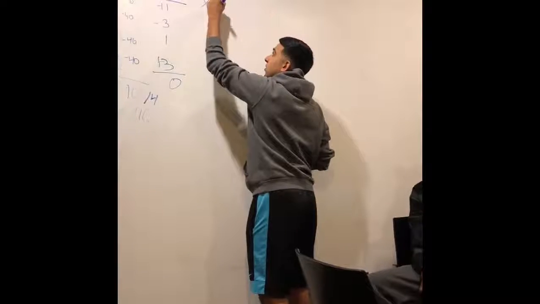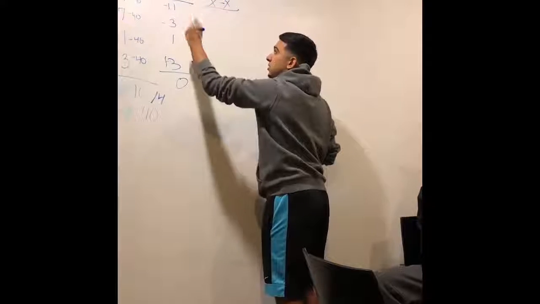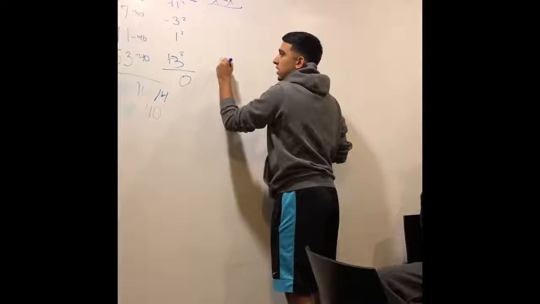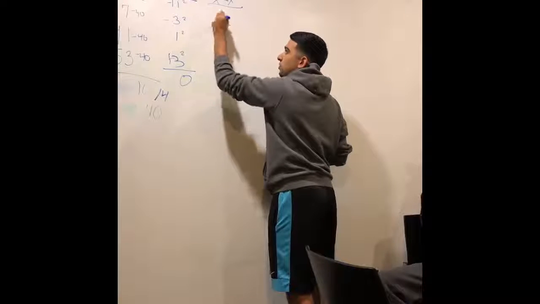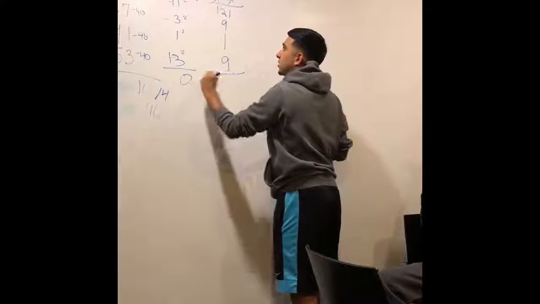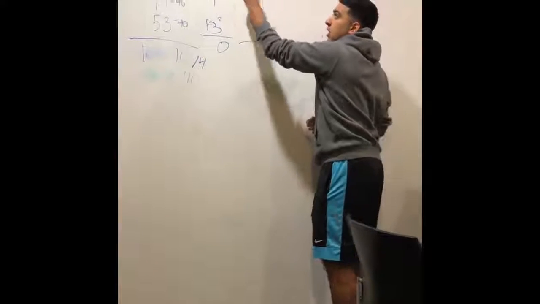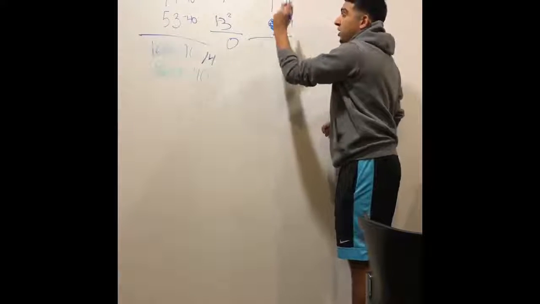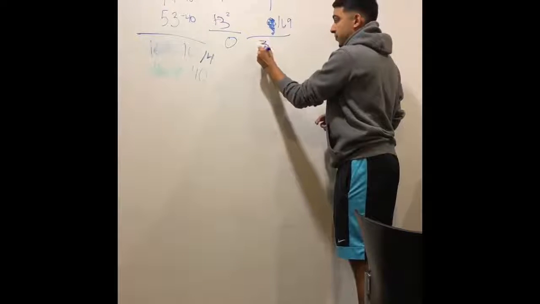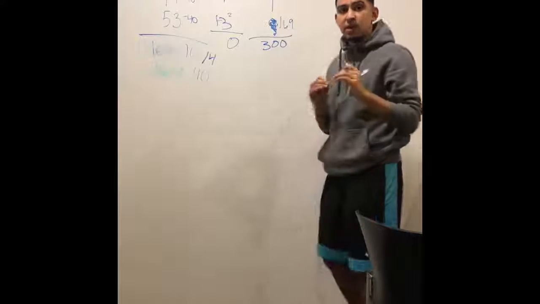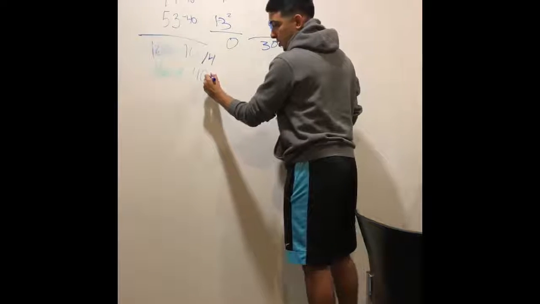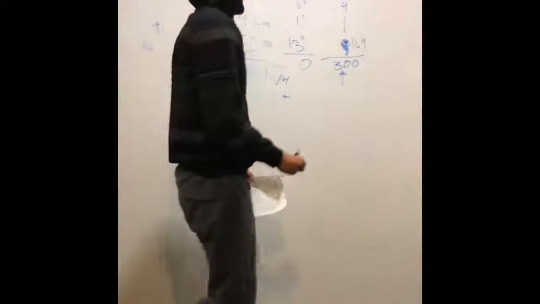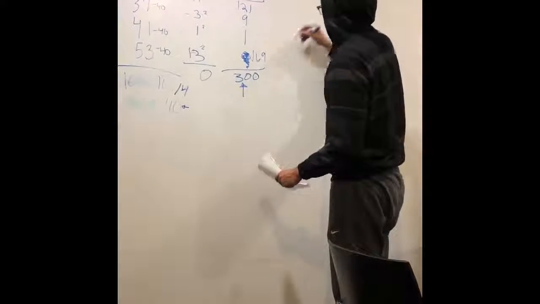Then, you get these numbers and square them. Square this, you get 121, square that, you get 9, square that, you get 1, and square that, you get 169. That equals 300. So this is a very important first step. This number and this number will be coming up right now. So next, we're gonna get this number, which is 300.